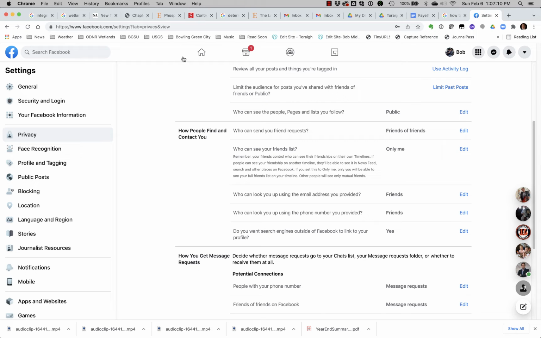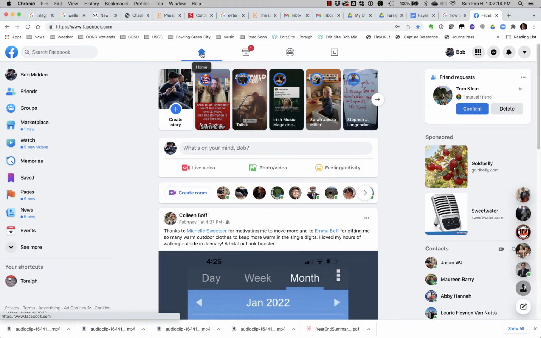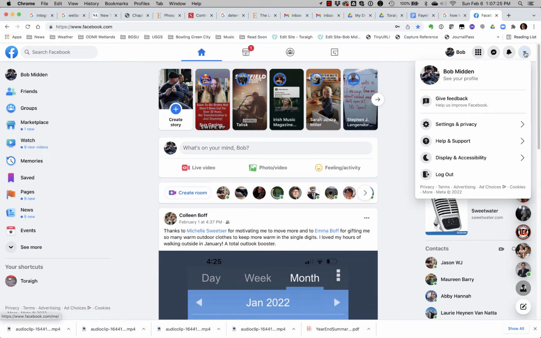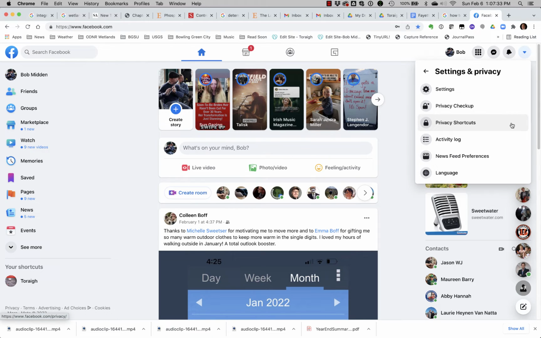Go to your Facebook account, press the home button to be sure that you're in the same place I am, and then click the down pointing arrow in the upper right corner of the window to access settings for your account. Then select Settings and Privacy. Then select Settings,